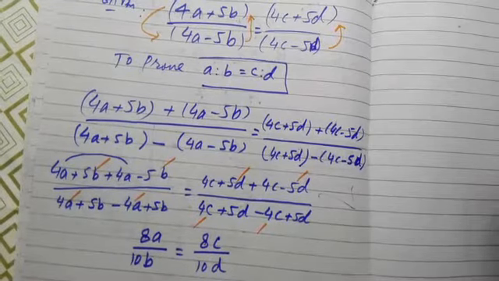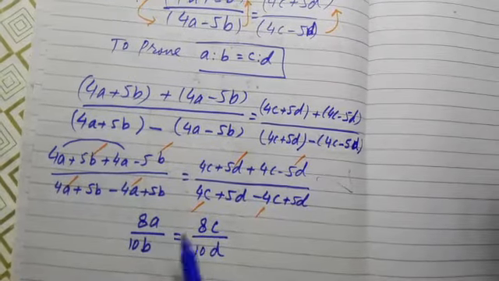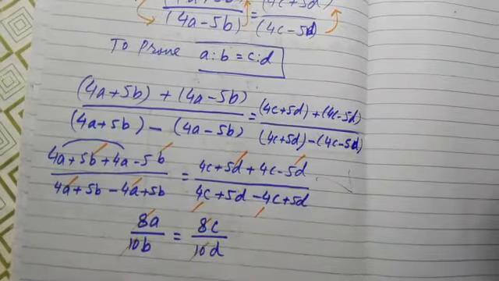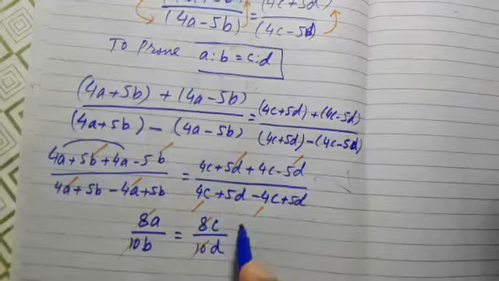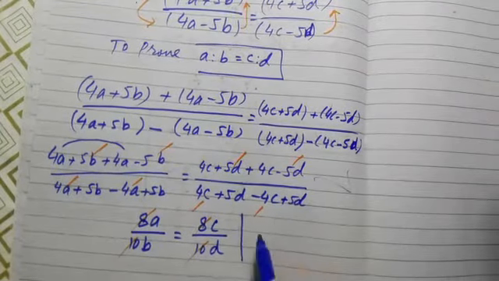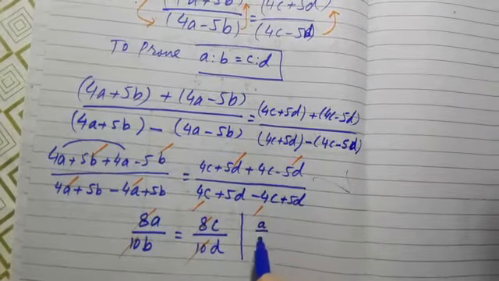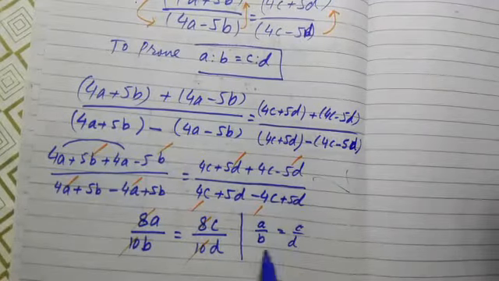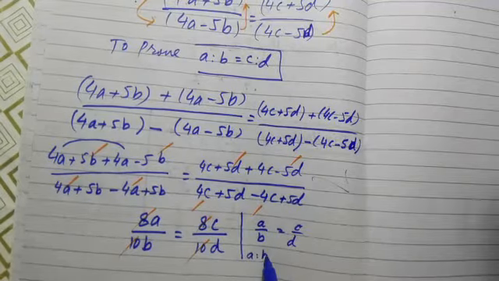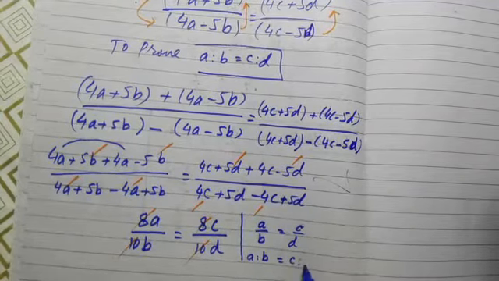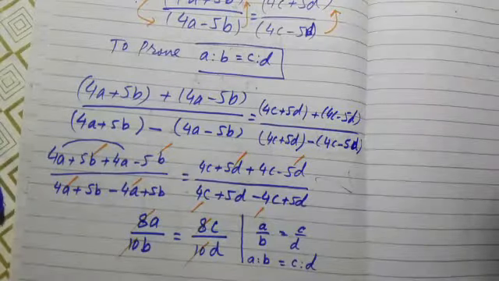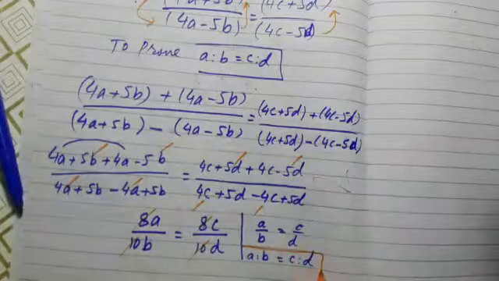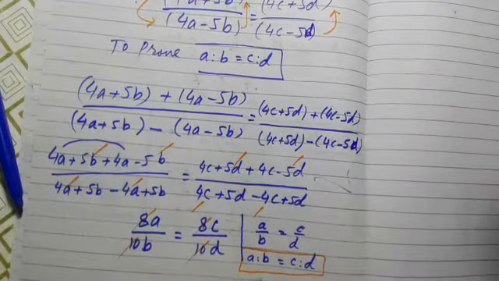So you can see that there is a common factor on both sides. So you will cancel 8 and 10, 8 and 10 from both sides. So you are left with it. We are running short of space, so what I would like to do is write it here. You will be getting a over b equals to c over d. And if you write it in the form of ratios, you will write a ratio b is equal to c ratio d. So you must notice that this was the required task we were asked in the question to prove. So we have proved it.